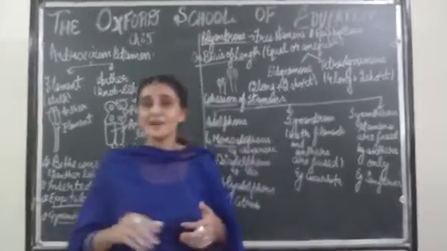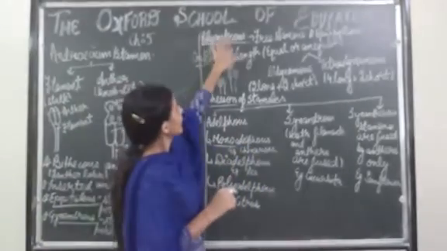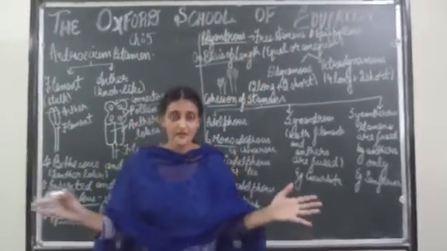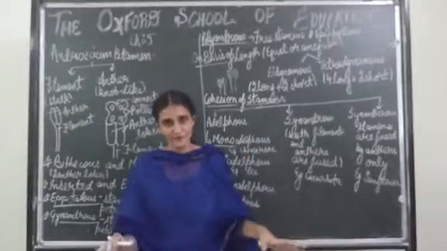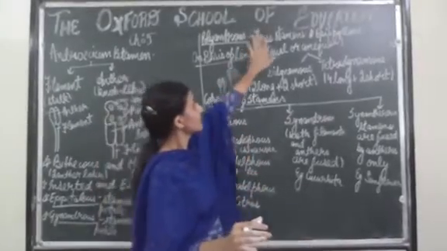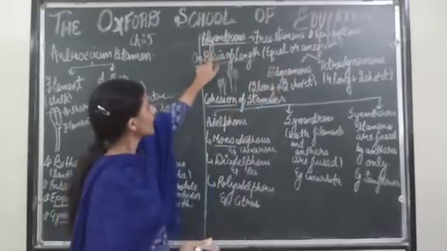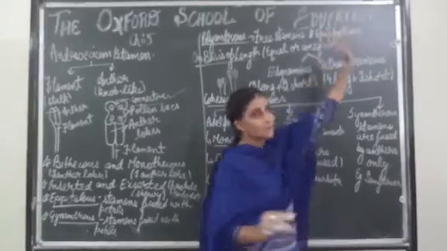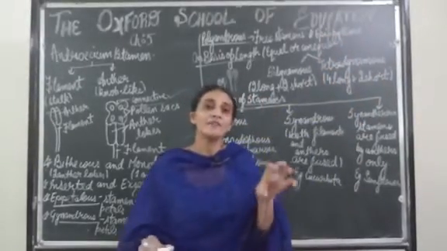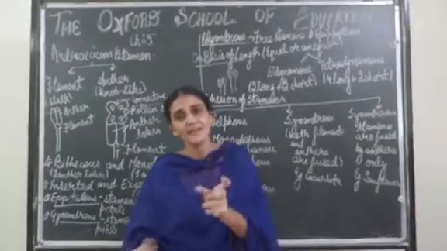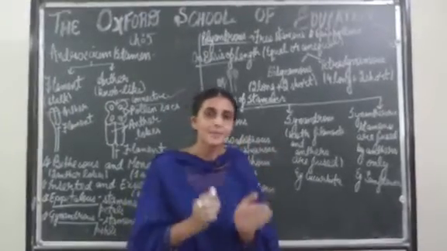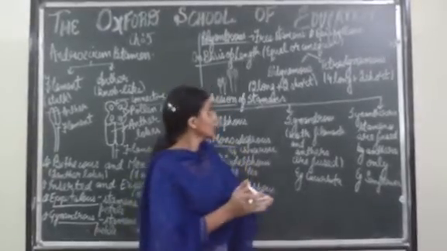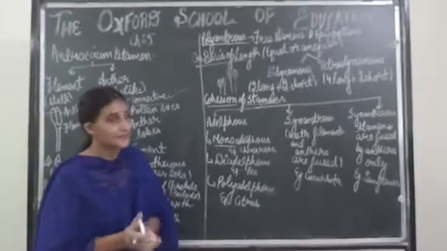The third category of adhesion of stamens is polyandrous. Polyandrous simply means when stamens are free. They are not fused with any part of the flower. So in that case, the free stamens are known as polyandrous. Next is epiphyllous. In this category, stamens are fused with the perianth. Perianth is the term we use when sepals and petals are both fused with each other. So that was all in the adhesion of stamens.